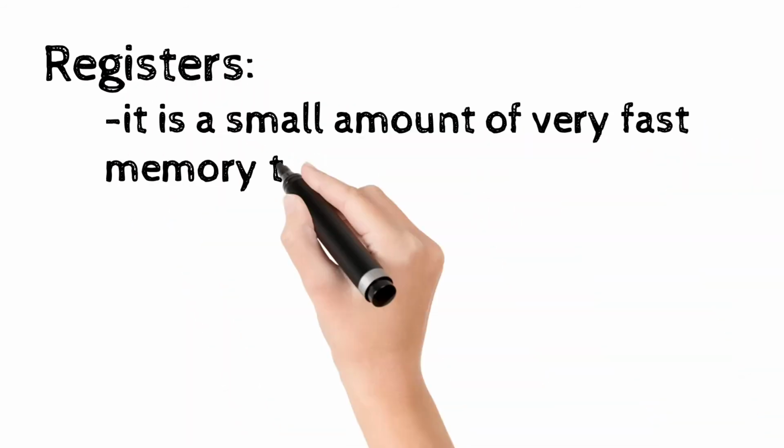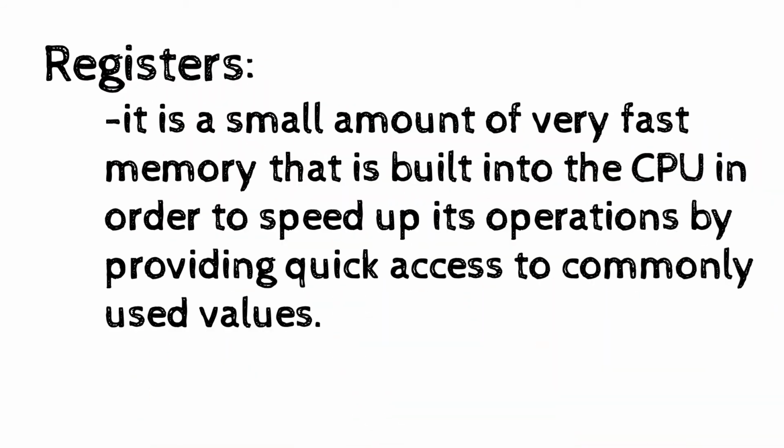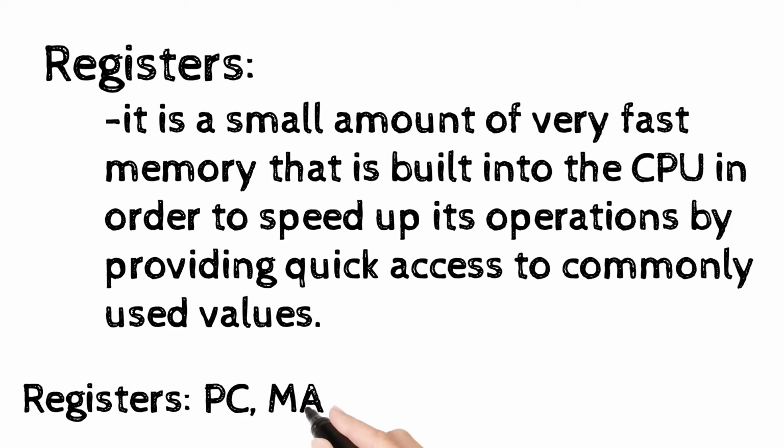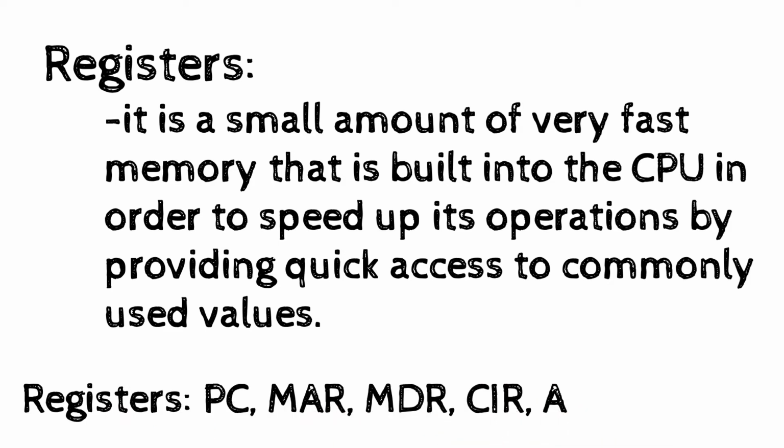Registers. A register is a small amount of very fast memory that is built into the CPU in order to speed up its operations by providing quick access to commonly used values. Registers quickly accept, store, and transfer the data that is being used immediately. Some of the registers are PC, Program Counter, MAR, Memory Address Register, MDR, Memory Data Register, CIR, Current Instruction Register,